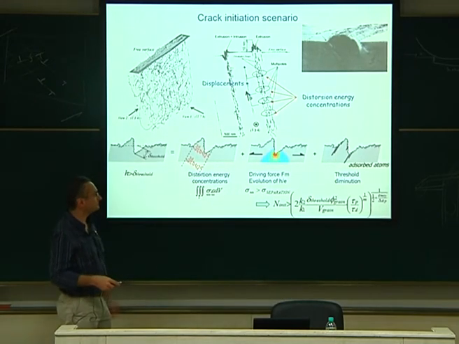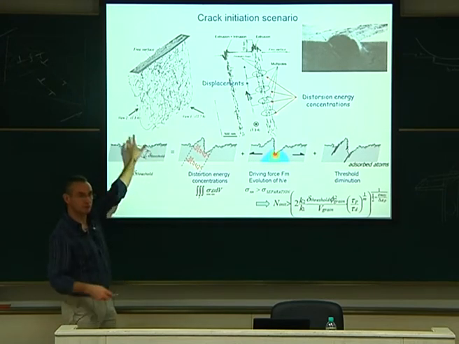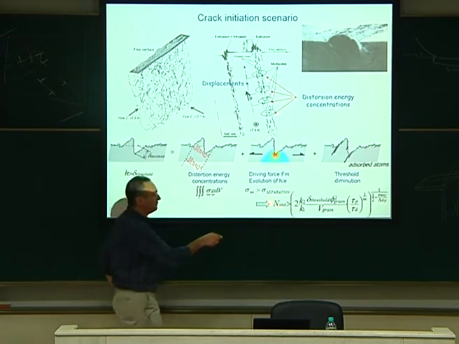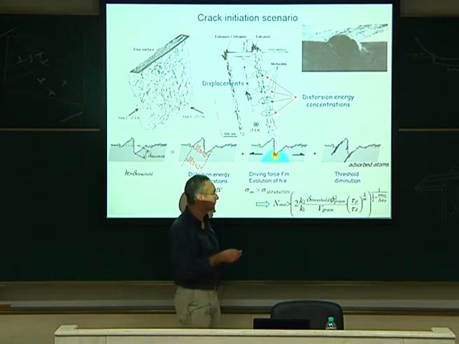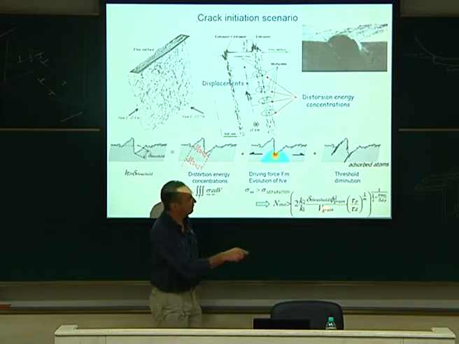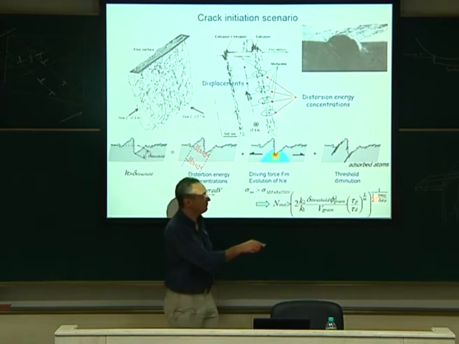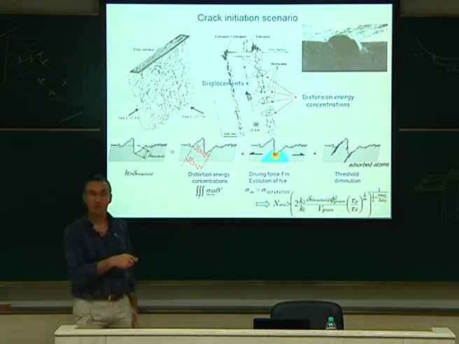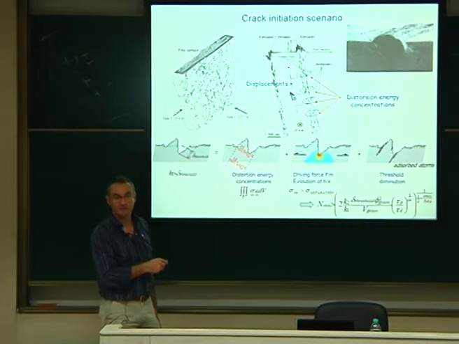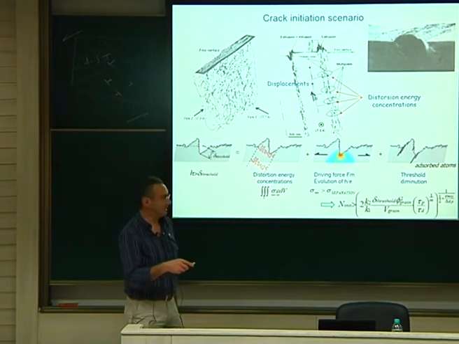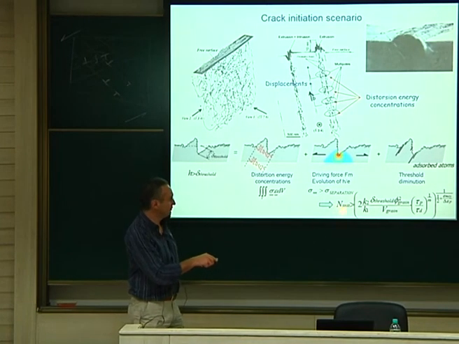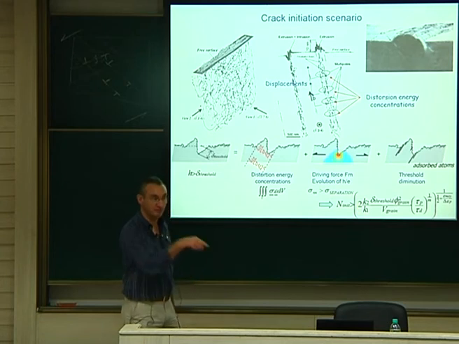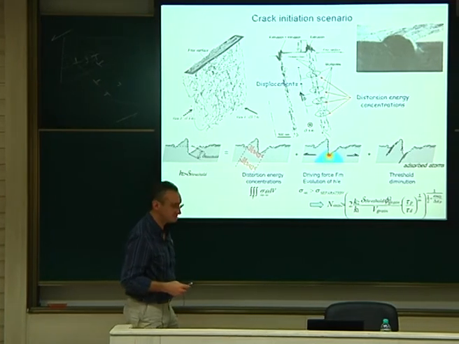sooner. So finally, from that, if I take out the relationship I gave you before, I can define the number of cycles before the first crack to appear, initial cycle number, that will follow such a relationship. You have the plastic strain amplitude, the plastic strain average, the loading, the grain size, and so on. So I have such a law where you have the shear stress also, which is appearing. And this is now a law that people are using in FEM modeling. In FEM modeling, they say, okay, I know that the crack will appear with a number of cycles which depends on those parameters. So they put that as the damage criterion in their model, thanks to that study.